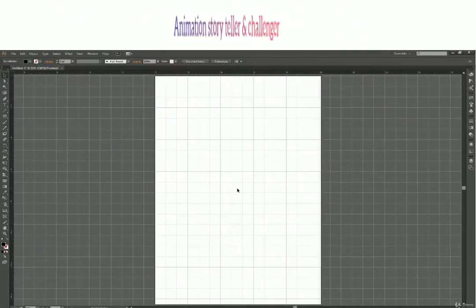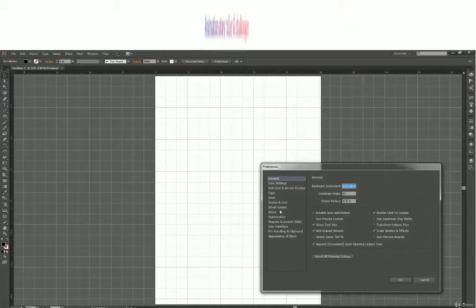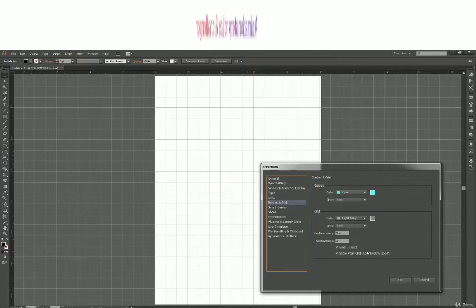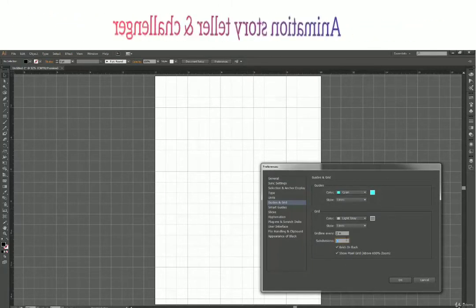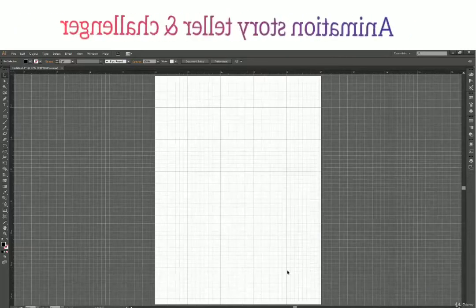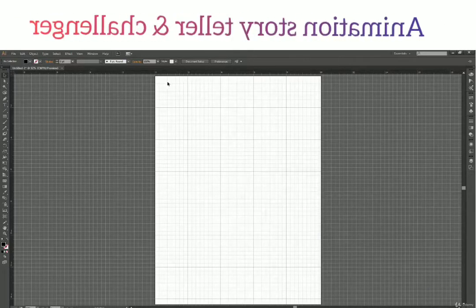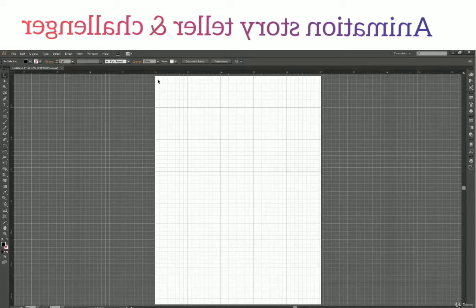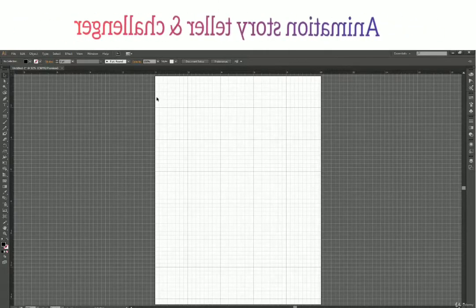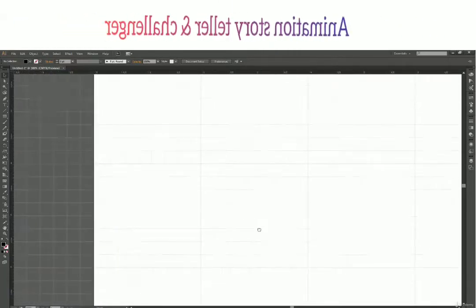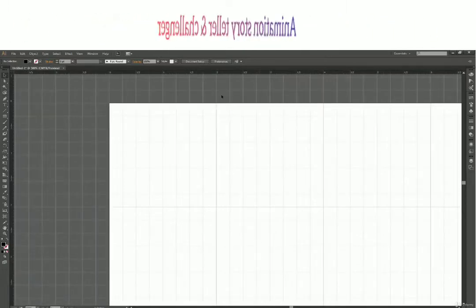Press Ctrl K again, go to guides, and here we can change it from 3 to 8 and press OK. So we have our more dense grid here. Now if I zoom in, you can see I have 8 subdivision levels now, which is 1, 2, 3, 4, 5, 6, 7 and 8.